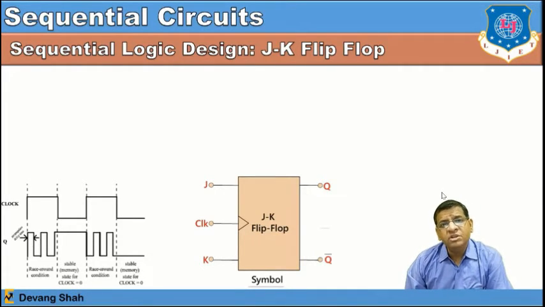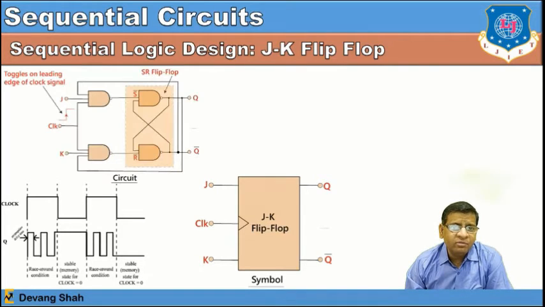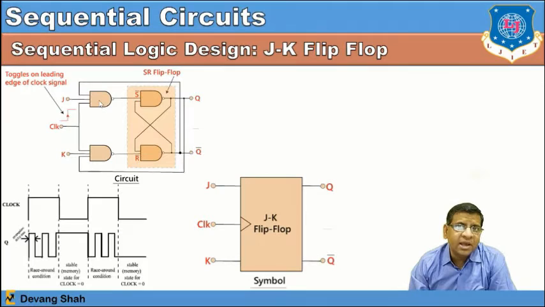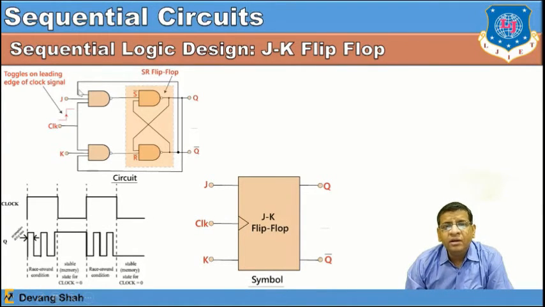See, in the JK flip-flop we change the design. What we did, the SR flip-flop, the basic criteria is as it is. So this is my primary cell. Now you can consider the set pin I have taken as J and the reset pin I have taken as K, right? But what I did here is take NAND gates at the input. The first two NAND gates are 3-input NAND gates, right? One input of the NAND gate is the clock. Another input we can consider as the set or J pin, and the third input is based on the previous output state. That's what I have taken as Q bar as one of the inputs for the first